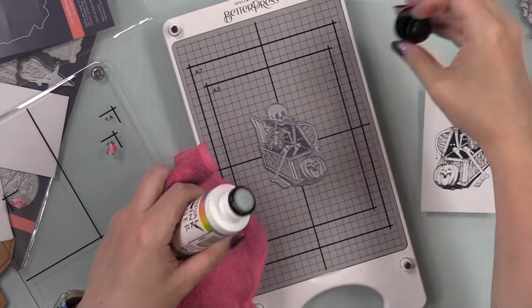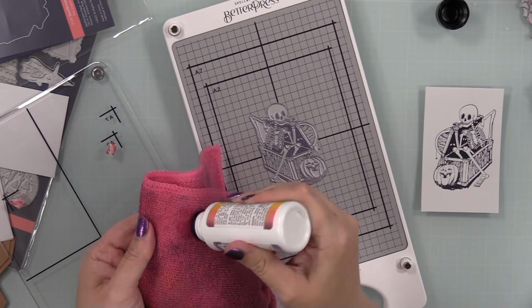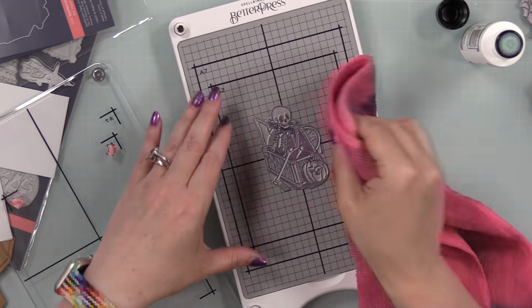The detail. I literally cannot get over the detail. I am a fan. I am a huge fan. So anywho,